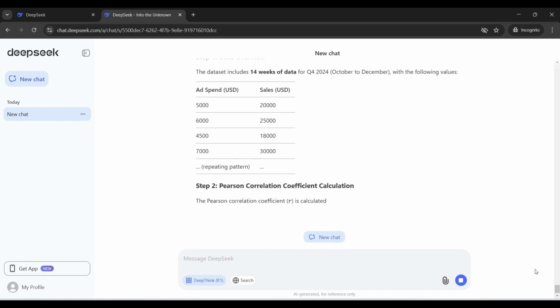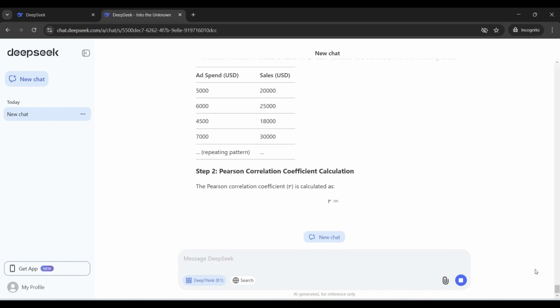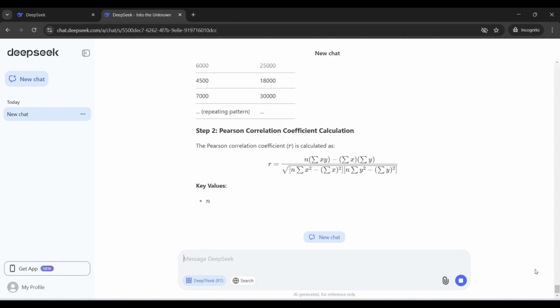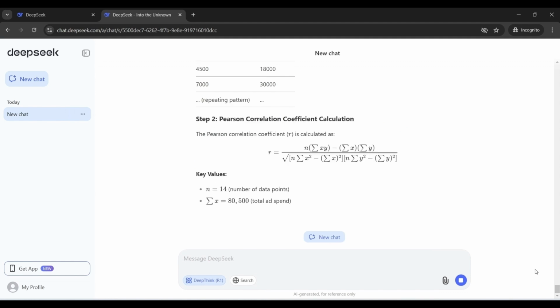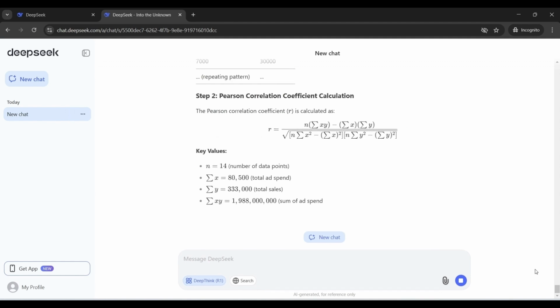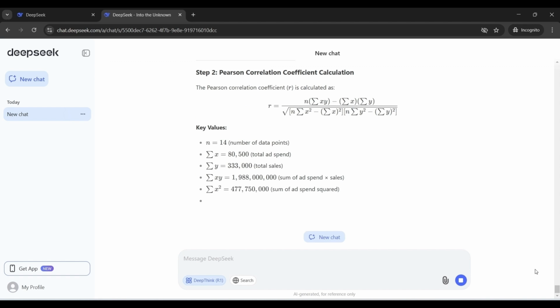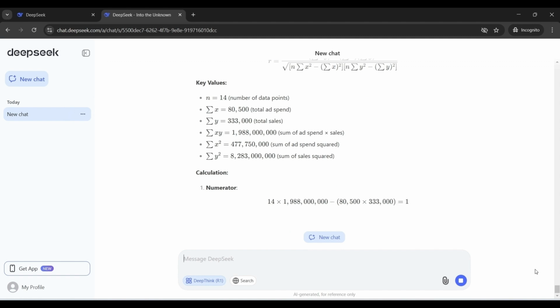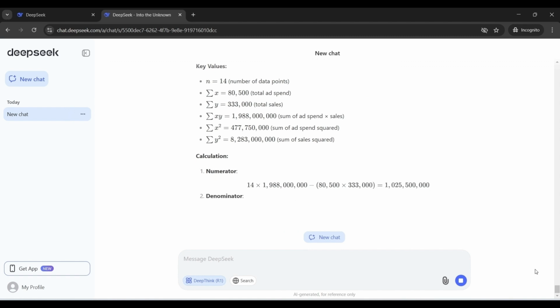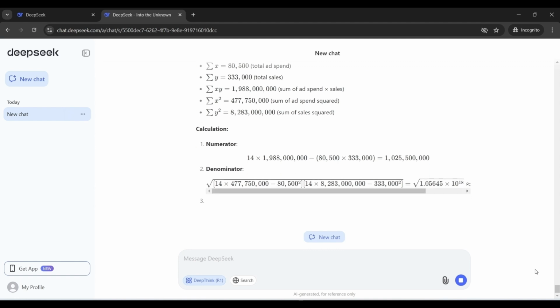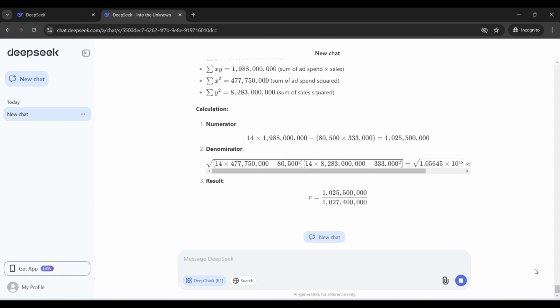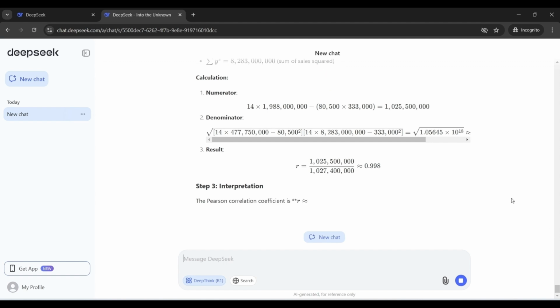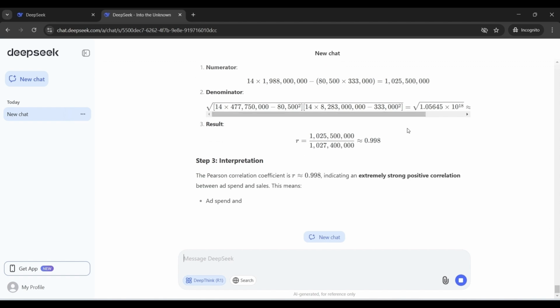The final steps are now getting calculated. A clear and concise step-by-step calculation is carried out by DeepThink, ensuring transparency in the analysis. Through this structured approach, DeepThink ensures that each step is logically reasoned and that the final result is both accurate